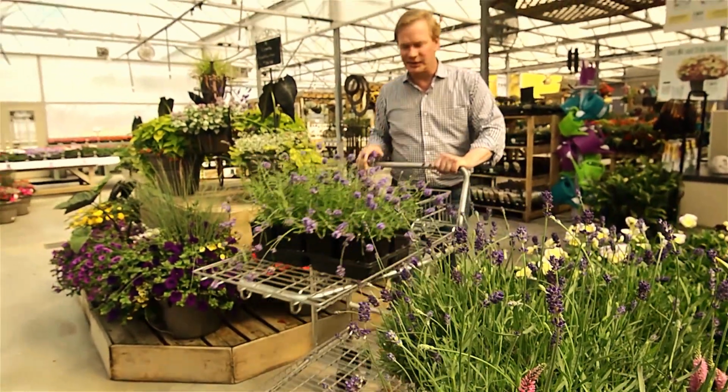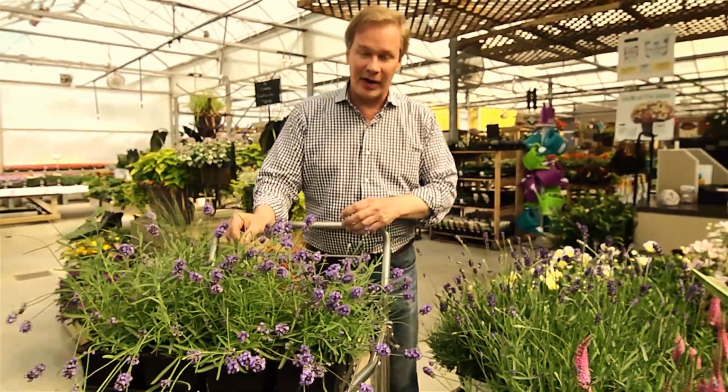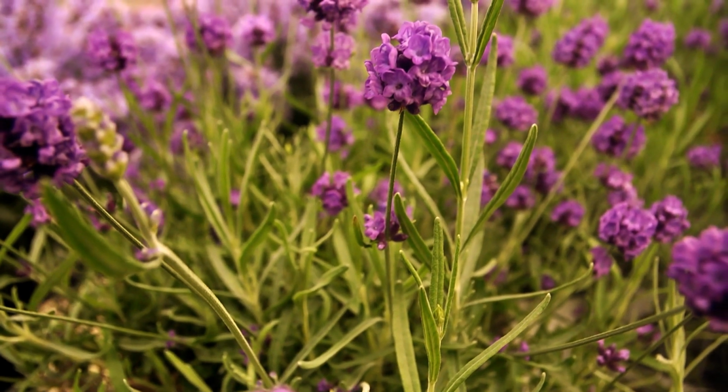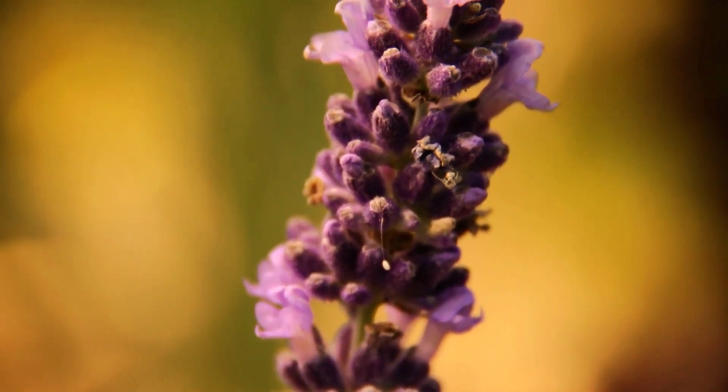When I go to a garden center, I'm often distracted, particularly when it comes to fragrant herbs like lavender. I kind of get into this scratch and sniff mode, smelling these amazing aromas. Look at this lavender, look at the gorgeous blooms on it. The blooms are pretty,